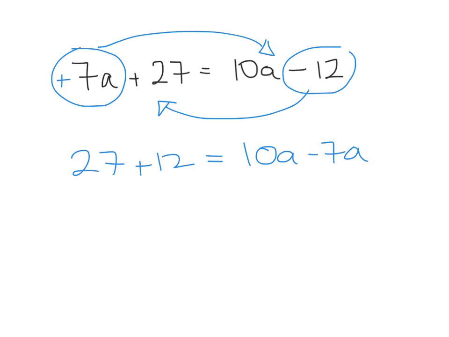So 27 plus 12 is 39, equals 10a minus 7a, which is 3a. So a